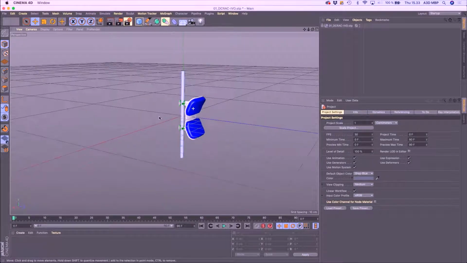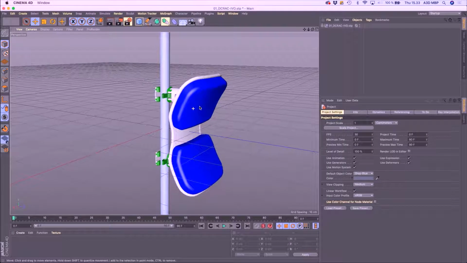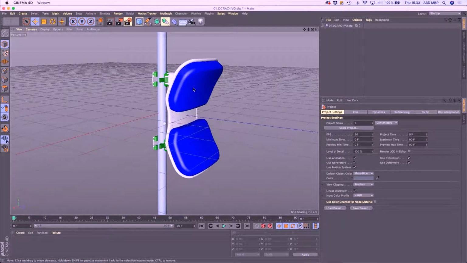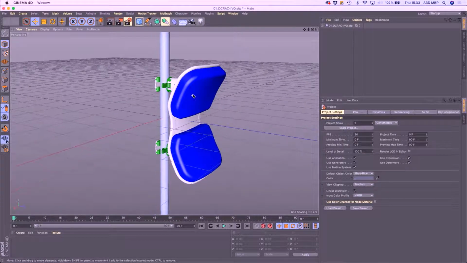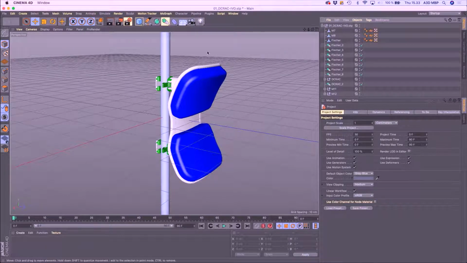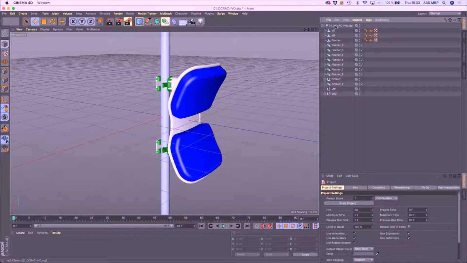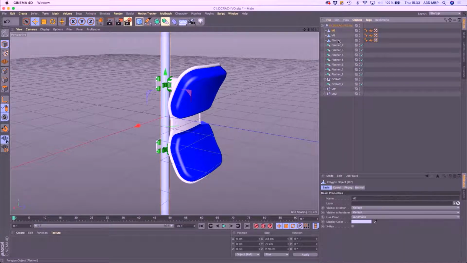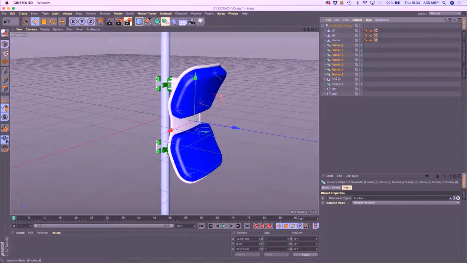So we have this, which I don't really know what file it is, but it's downloaded from the internet, from I think GrabCAD. Originally a step file, and you can see over here in the object manager we have some geometry. We have this Fisher, and then we have instances. So Cinema 4D automatically creates instances from instances in the original file,